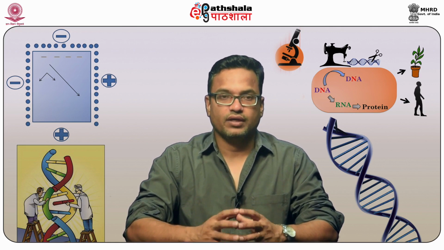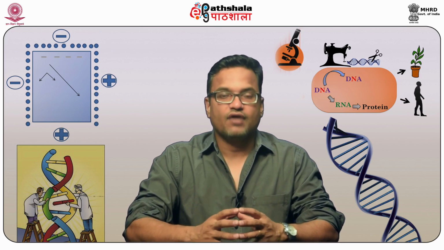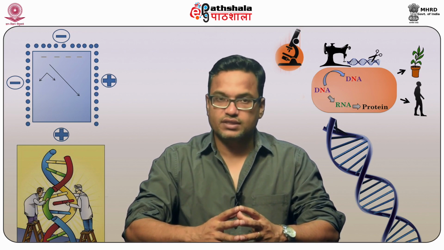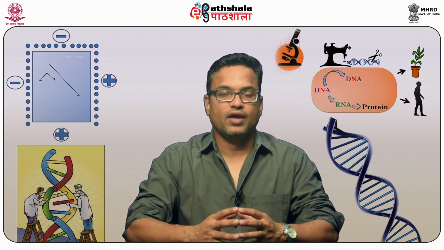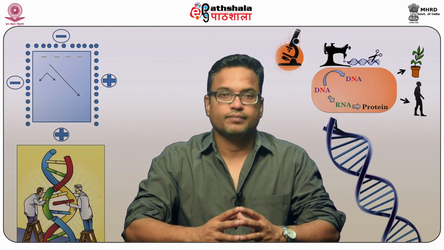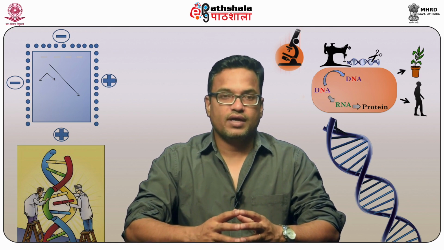Second is TA cloning. TA cloning is based upon the PCR product that we get after PCR reaction in presence of a Taq DNA polymerase, which results in an A overhang and can be easily cloned into a vector which has a T overhang. The third is a ligation-independent cloning method, in which we don't require a restriction enzyme or